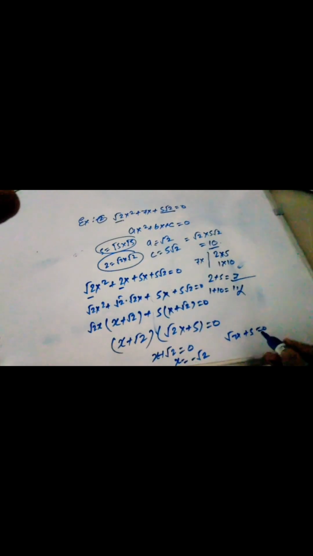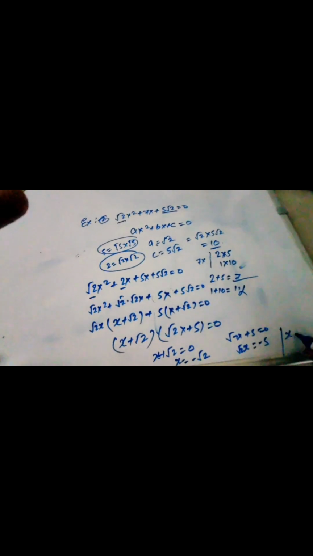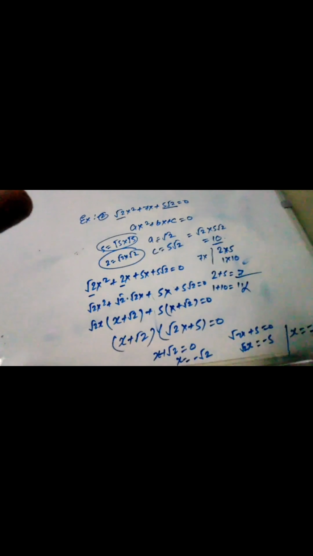Then x plus root 2 equals 0, so x equals negative root 2. Root 2x plus 5 equals 0, so root 2x equals negative 5, and x equals negative 5 by root 2. This is one solution. This is the second one, because this is a quadratic